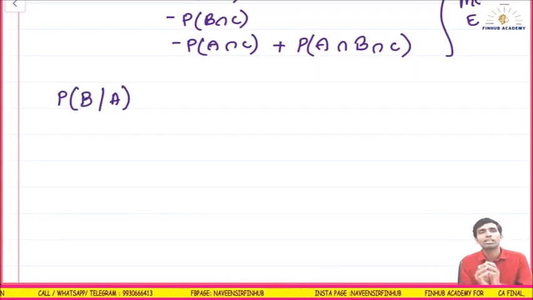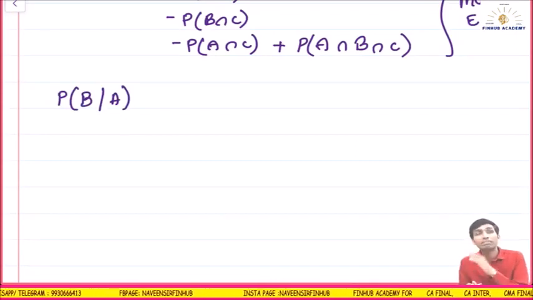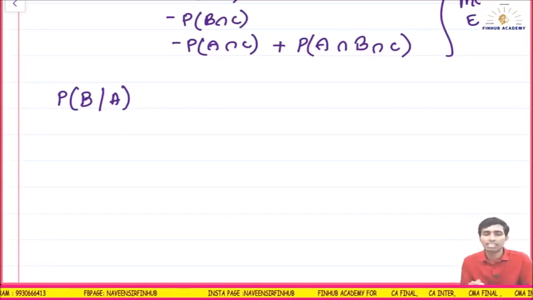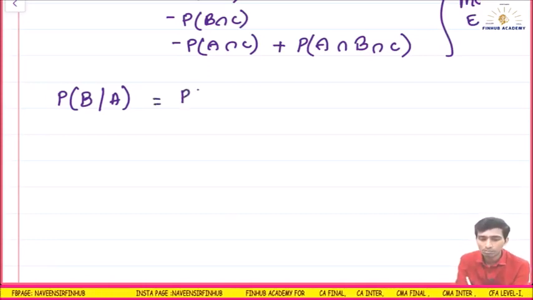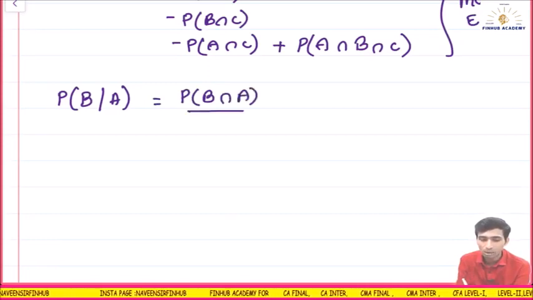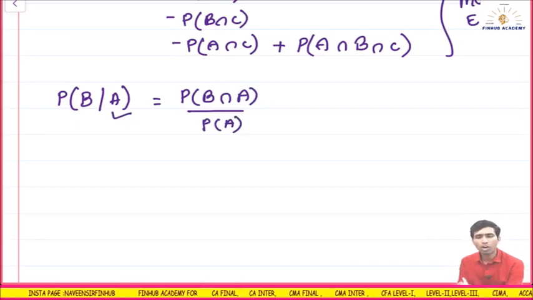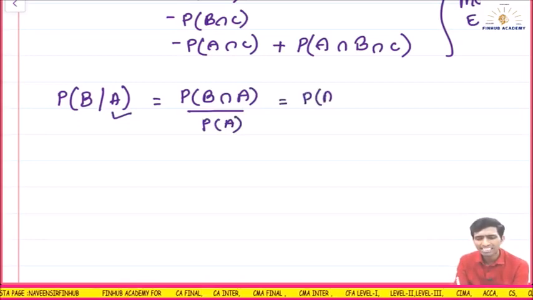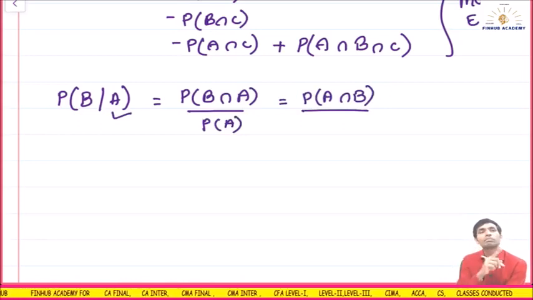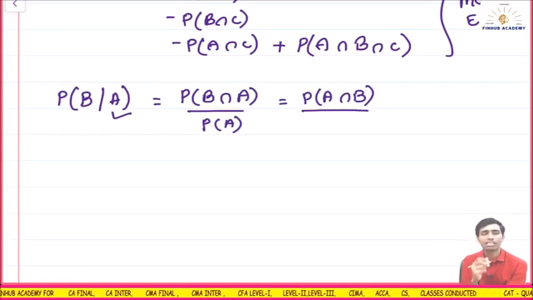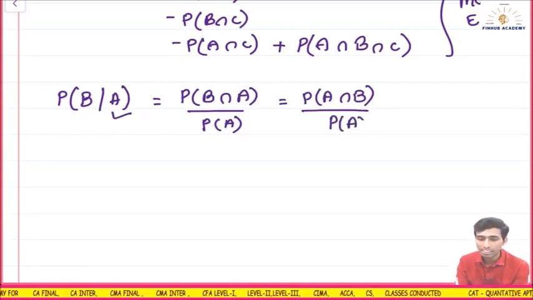This is conditional, we already discussed. Conditional means what? Now B is dependent on A, B has already happened. This is conditional probability, correct? So what I will say, this is equal to probability of B intersection A upon whatever is the denominator, you will put it here. Is it clear? Or here I can also say A intersection B. B intersection A and A intersection B is one and the same, but the denominator will be A.